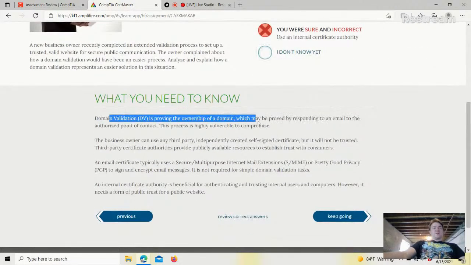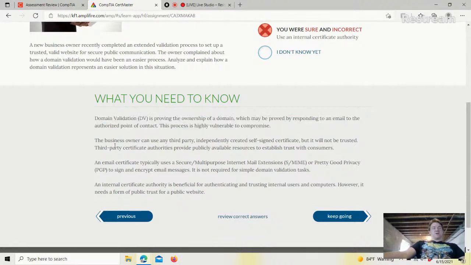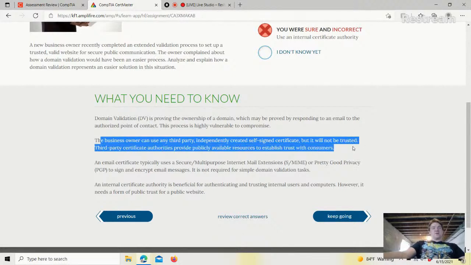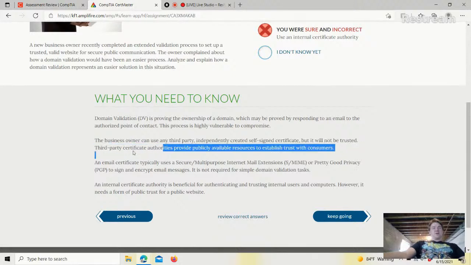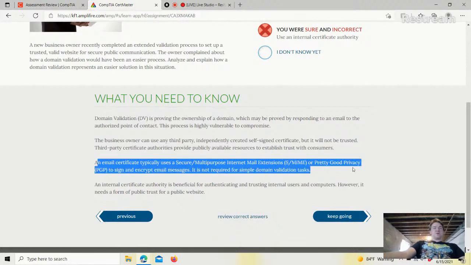Domain validation is proving the ownership of a domain, which may be proved by responding to an email to the authorized point of contact. The process is highly vulnerable to compromise. The business owner can use any third-party independently created self-signed certificate, but it will not be trusted. Third-party certificate authorities provide publicly available resources to establish trust with consumers. An email certificate typically uses secure multi-purpose internet mail extension or pretty good privacy